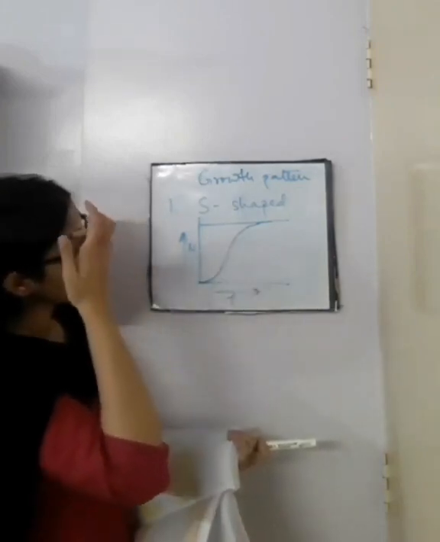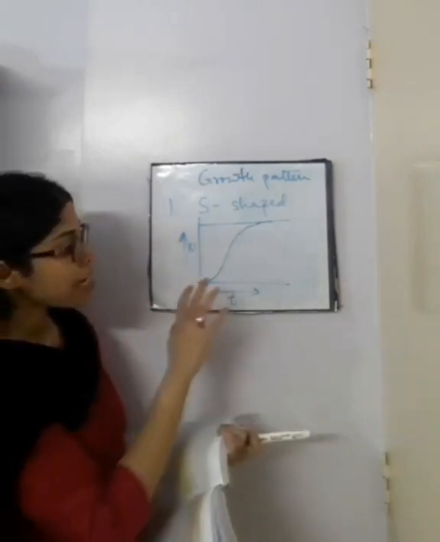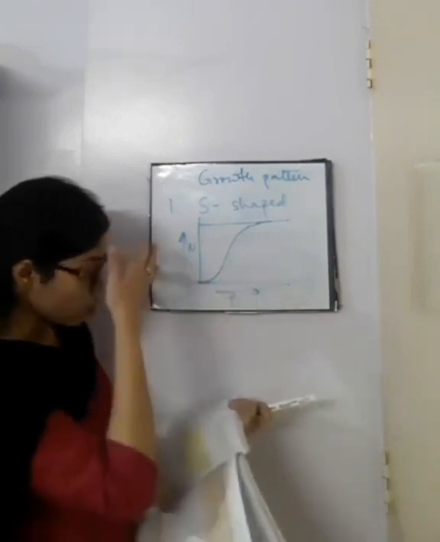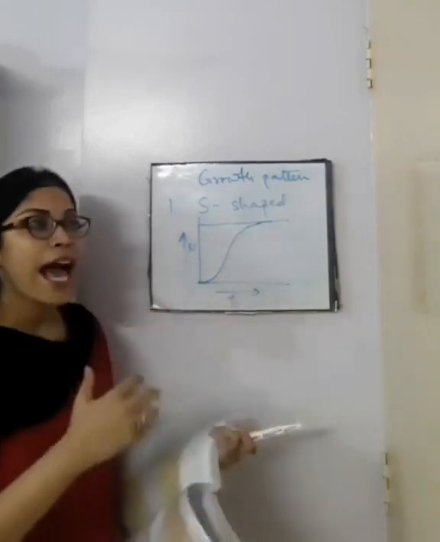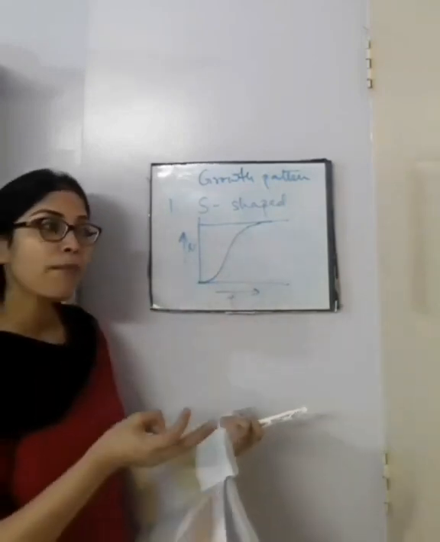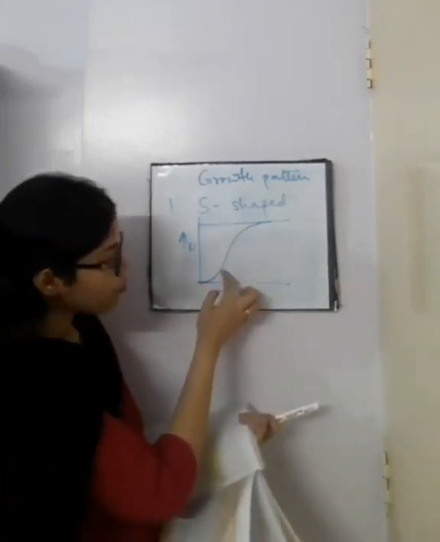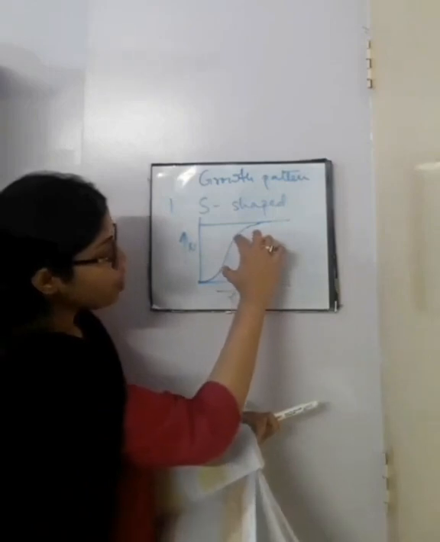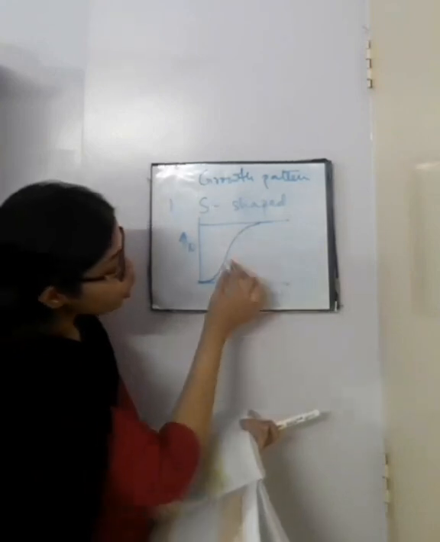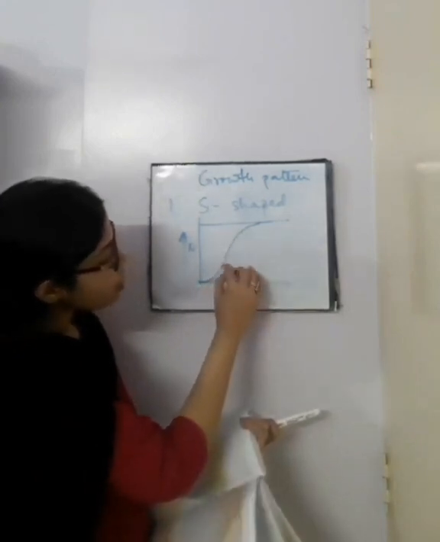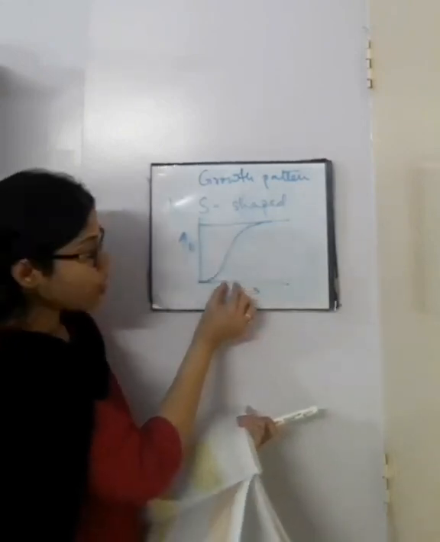Now, talking about the phases of this S-shaped or logistic curve, it has four phases. The first phase is known as the positive acceleration phase, where it is accelerating, meaning growing at a positive rate. It's just starting to grow at this phase. Next, around this portion, it is growing extremely rapidly. As you can see, it is going up. Not much time is needed, but the population grows from here to here in very little time.